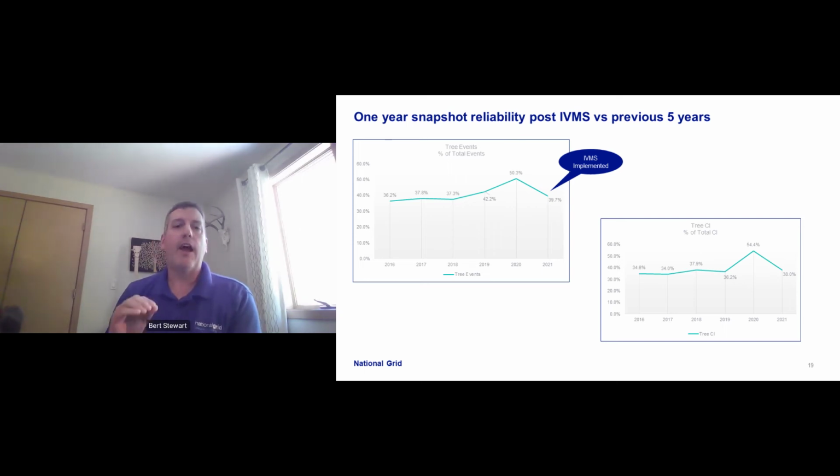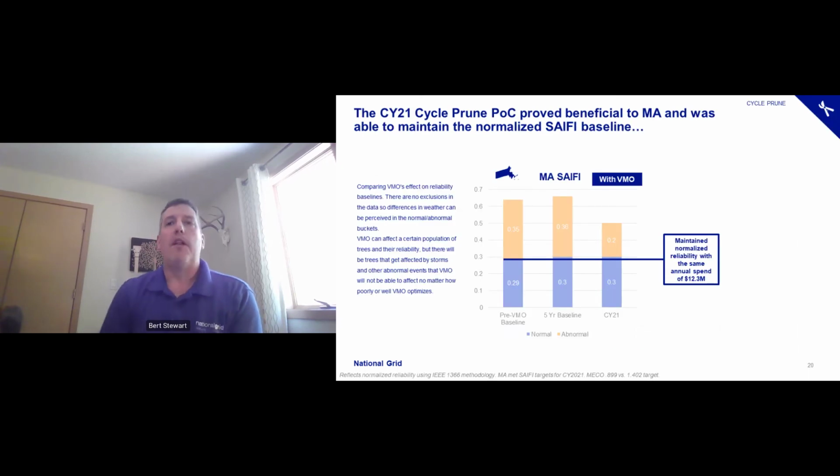We don't see, on National Grid, a huge gain in reliability from a pruning standpoint, but we do see it on our hazard tree program, of course, our storm resiliency program. That's where we see it. But I just want to level set the expectations on the cycle prune program, the maintenance prune program, that this met our expectations. So another way to look at this is let's normalize